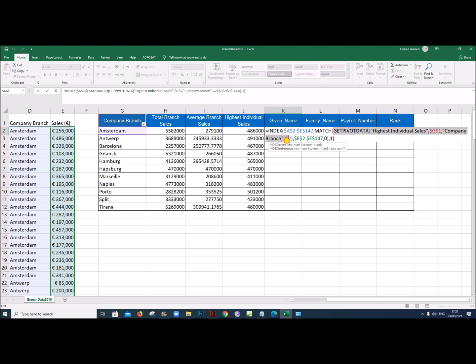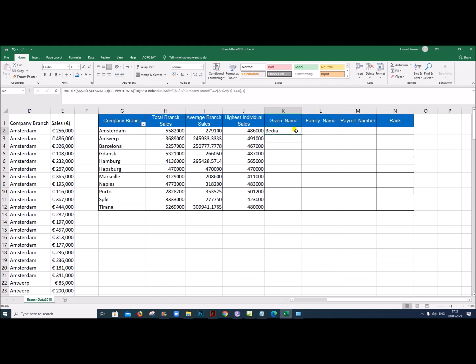All these have come just by clicking on this, because this is a value from pivot data. So now let's replicate this. We have got the names of all the employees who made the sales, highest given name.